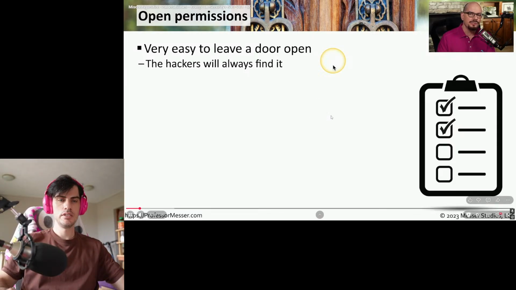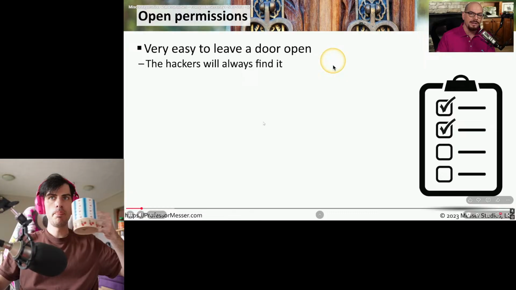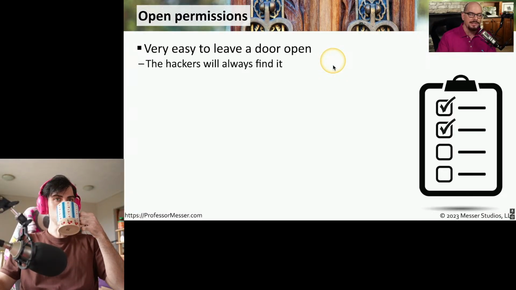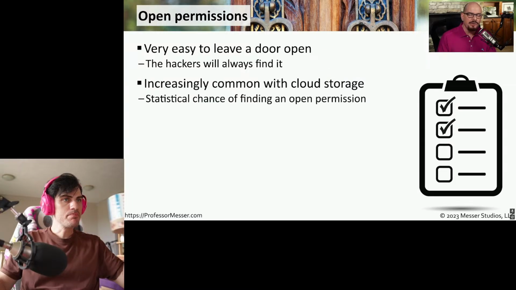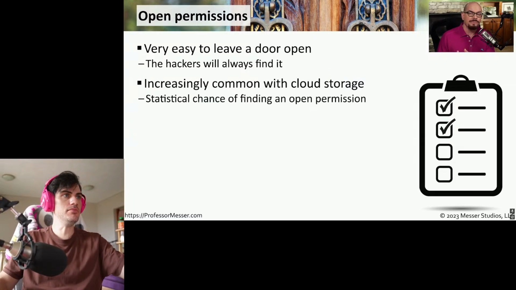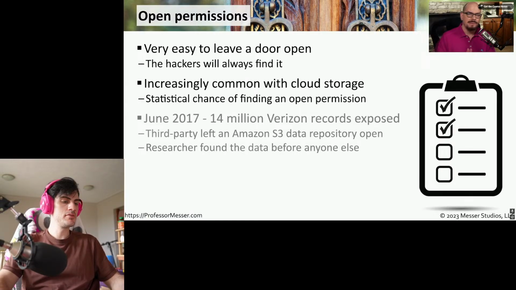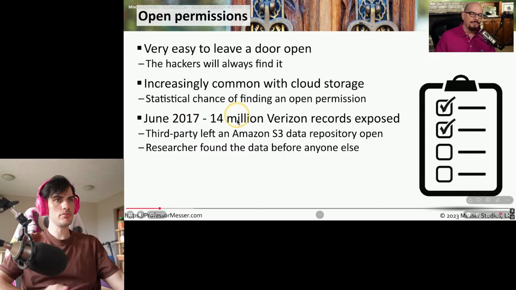Much that the attackers will use this as a method of reconnaissance to see if someone may have put some data on a cloud service and simply forgotten to secure it. They know that eventually they're going to run across some data that someone forgot to secure, and from there they can easily download it and disseminate it to others on the internet. A popular example of this occurred in June of 2017 when 14 million Verizon records were found.